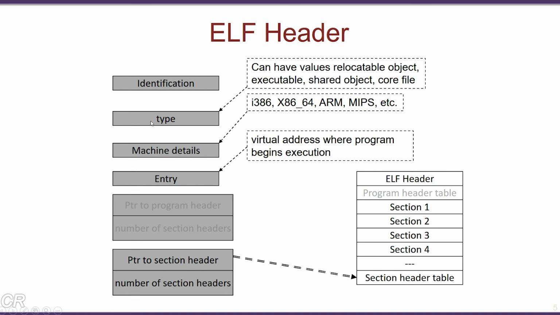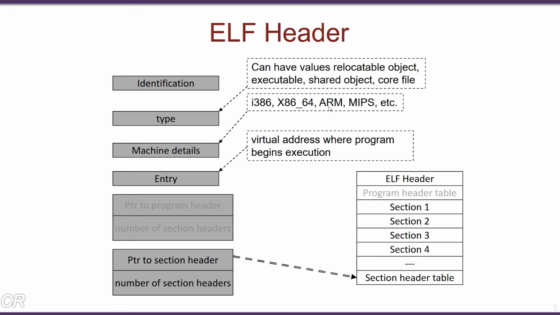Then there is an entry in the ELF header which describes the type of this particular file, whether the file is an object, an executable, a shared object, or a core file. This information is present in type. Another entry is the machine details. Which processor was this particular file compiled for? It could have entries like i386, x86 64, ARM, MIPS, and so on. What this means, for example, is that if the entry is ARM, this particular object file or executable was compiled